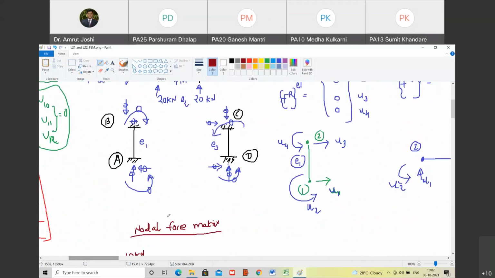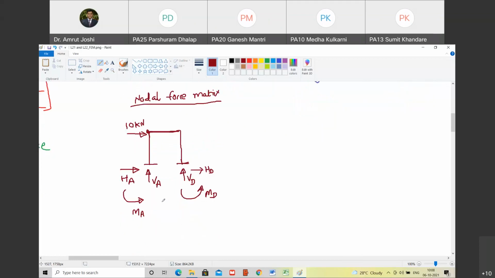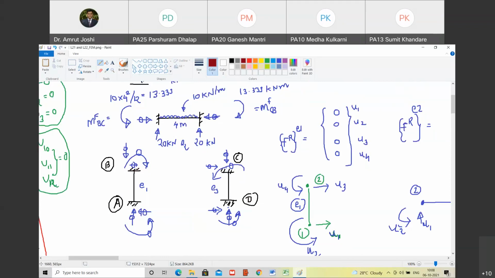Oh yes, sir. So that means due to the 10 kilonewton nodal force, the reactions and moment generated at A. No, no. When I write this HA, VA, and MA, those are the final reactions that are generated at the nodes. Those are present there. Are you with me? Due to member load and also nodal load. Yes. So what is the logic here that I will try to explain to you? See, reactions at both these ends are due to this 10 kilonewton load as well as due to this member load. Do you agree with me?